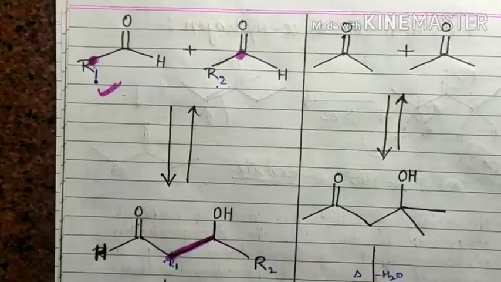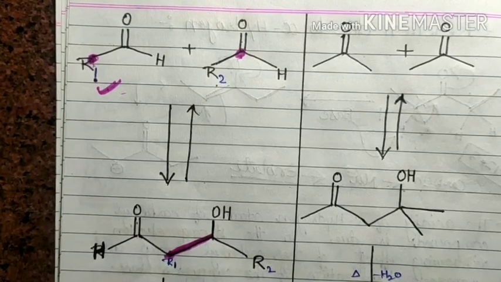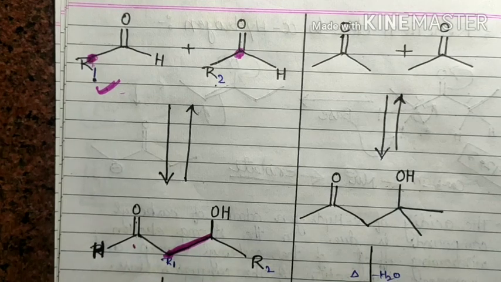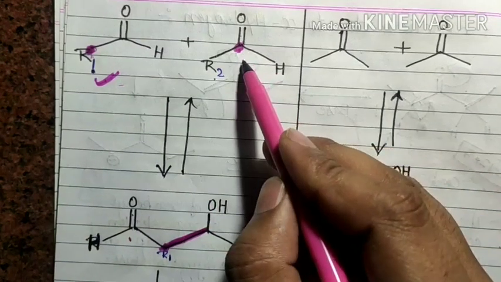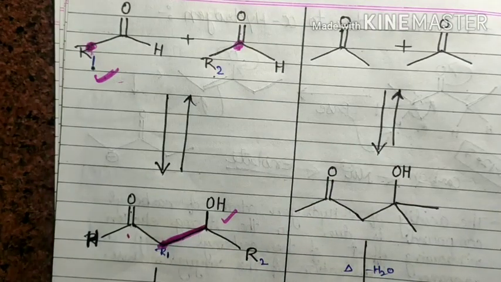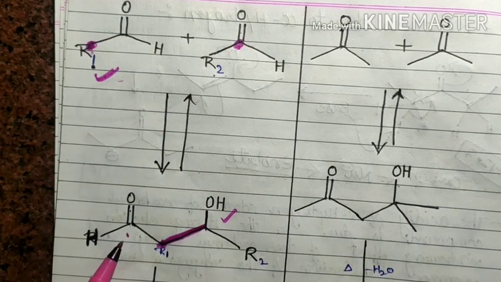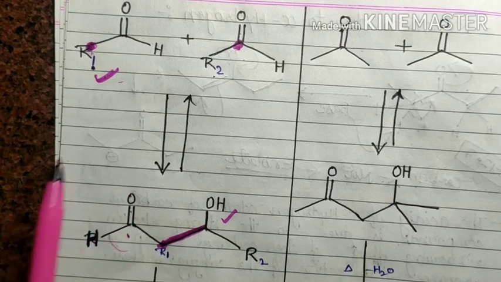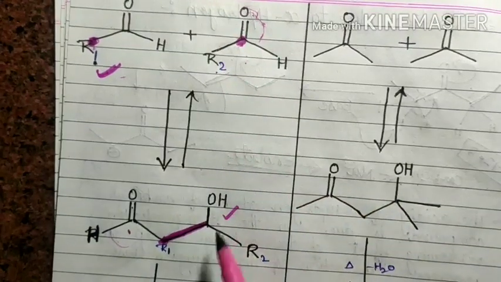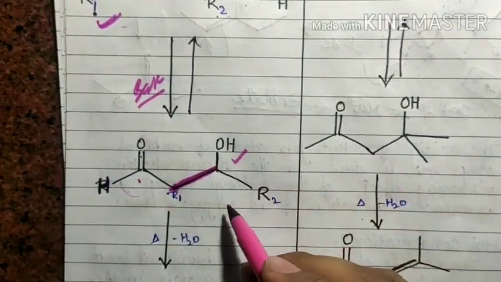And one thing you should remember: whichever molecule forms the enolate, the double bond O is retained on this molecule. The enolate molecule retains its double bond on its molecule, and on the other molecule, on which the enolate attacks, the double bond O converts into OH. I hope you understand. The molecule which takes part in the formation of enolate does not lose its carbonyl center, but the molecule on which the enolate behaves as a nucleophile loses its carbonyl center and becomes an alcohol. So this is the aldol product. Here you use base.